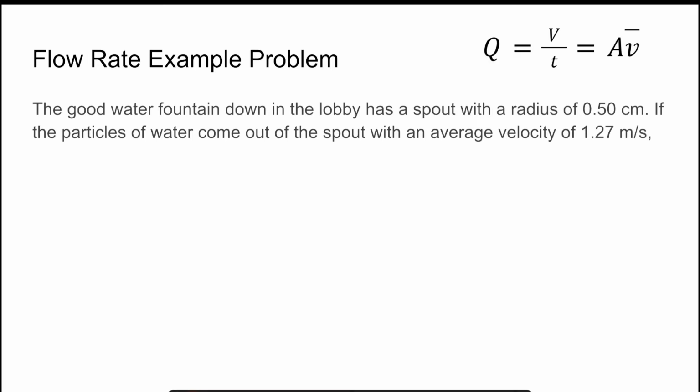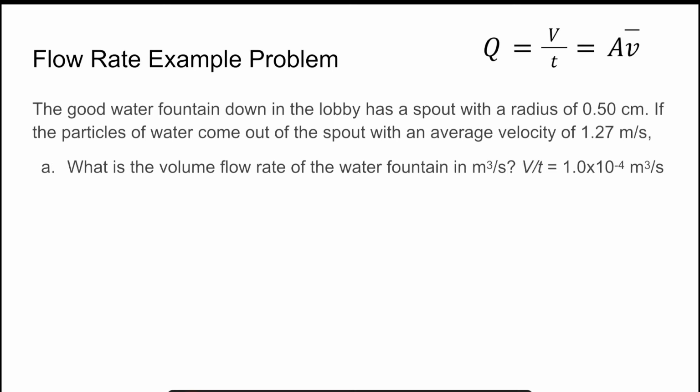The good water fountain down in the lobby has a spout with a radius of 0.5 centimeters. If the particles of water come out of the spout with an average velocity of 1.27 meters per second, we should be able to figure out the volume flow rate of the water in the water fountain in terms of meters cubed per second. So let's think about what we know. We know that our average velocity is 1.27 meters per second. We know that our radius is